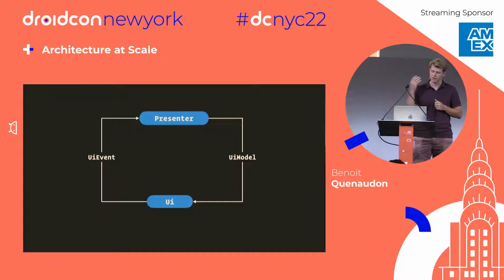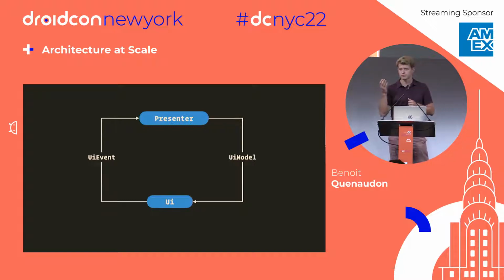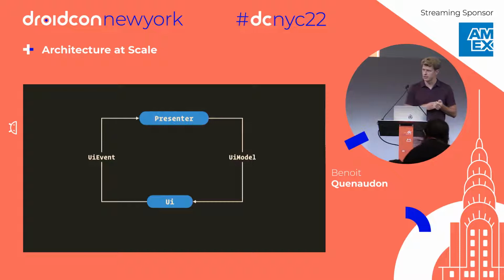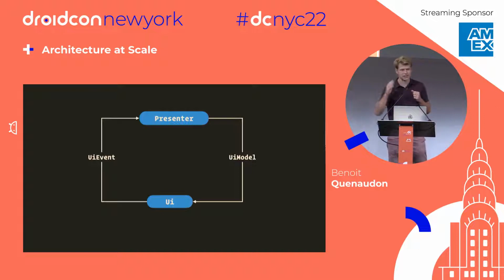And the UI would emit events, which are basically what the customer or the user would do on the screen, whatever it is. And so the presenter just consumes it, and then it's just a loop. And this being a loop is actually important. The data doesn't go in all ways. It's always only one way, so the famous unidirectional data flow. The presenter, to me, looks like a map. It's basically taking events, emitting models. And so I like this idea, and we'll see how it became used in Rx.